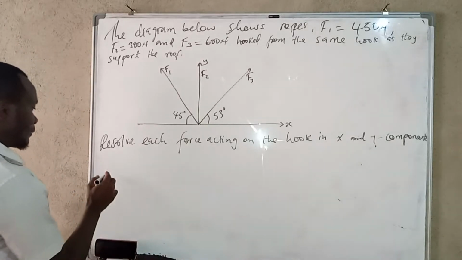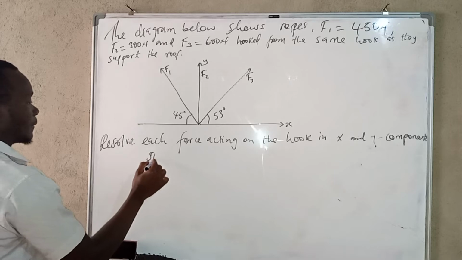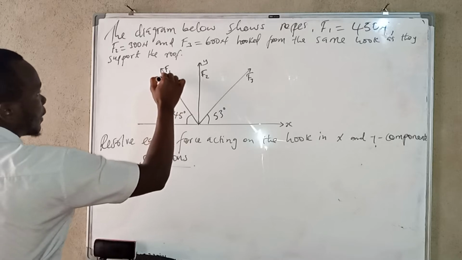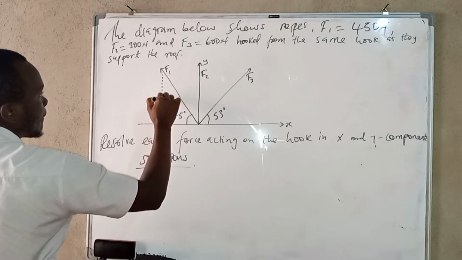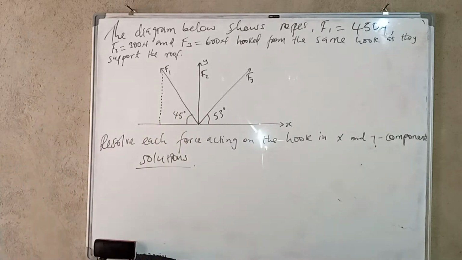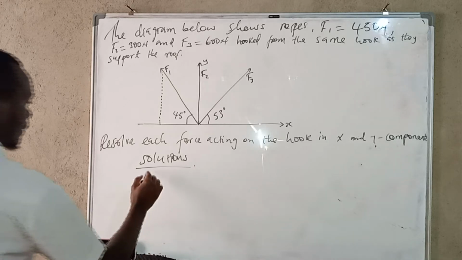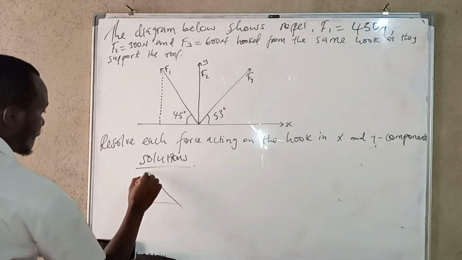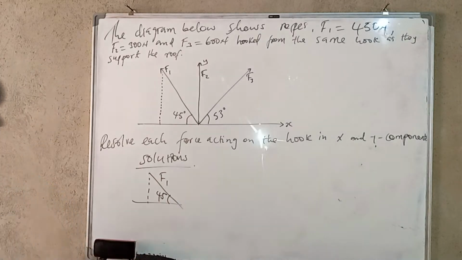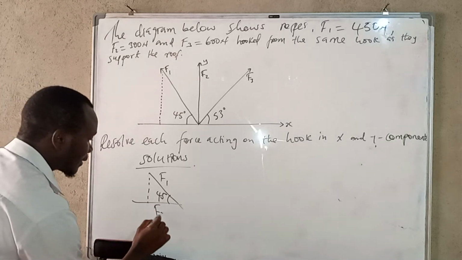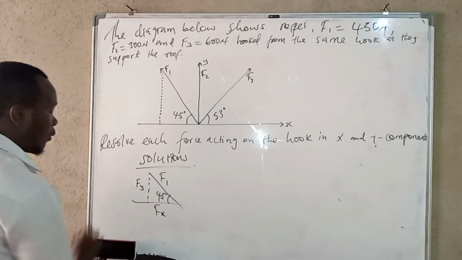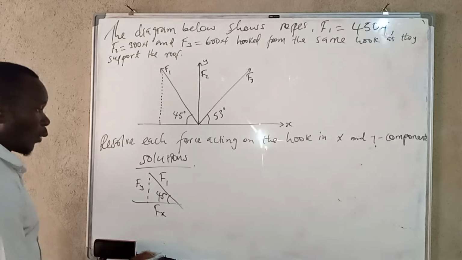Let's say, solutions. So for F1, we can resolve it into x and y. We have got this one. This is 45. So this is F1. This is 45. Let's call this Fx in the x component, and this one Fy. So this one, we know from SOHCAHTOA